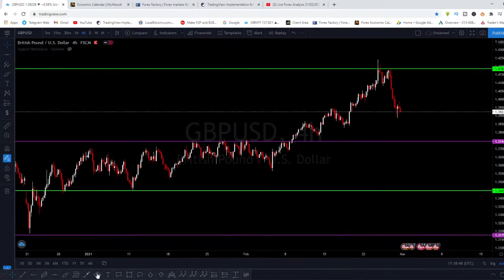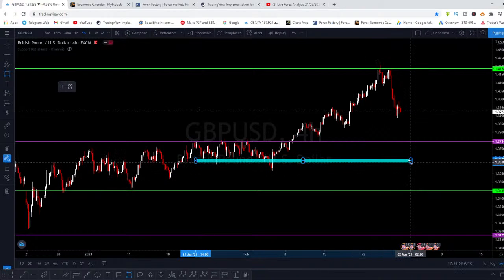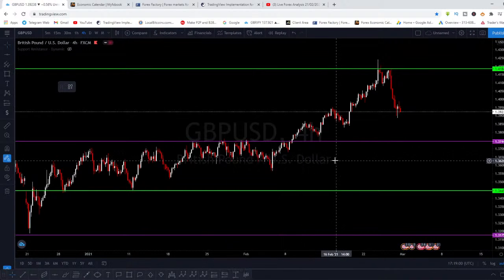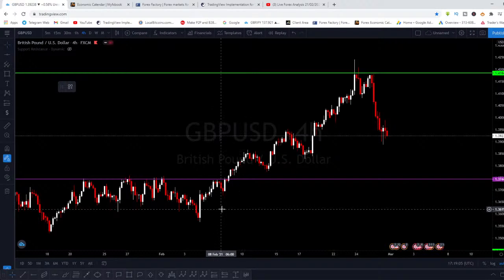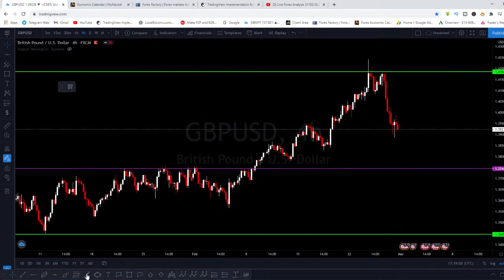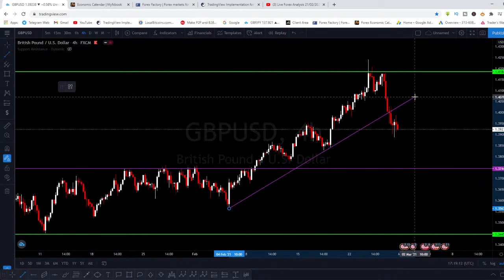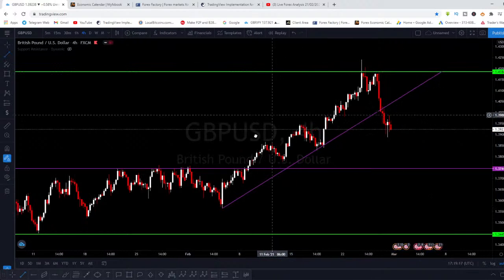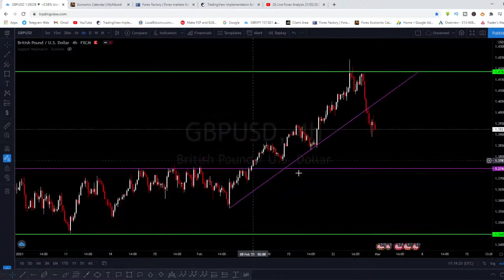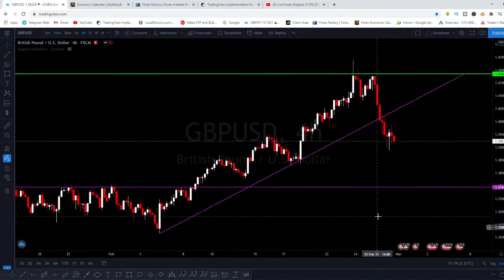And also, you can mark out some sort of a level. Yep, around this area. Mark it up around this level, but let's leave that for now. And the next thing that we are supposed to do is plot our trend line, right? Our trend line this way. You see that trend line got broken right now on this 4-hour time frame. Trend line got broken on GBP USD.